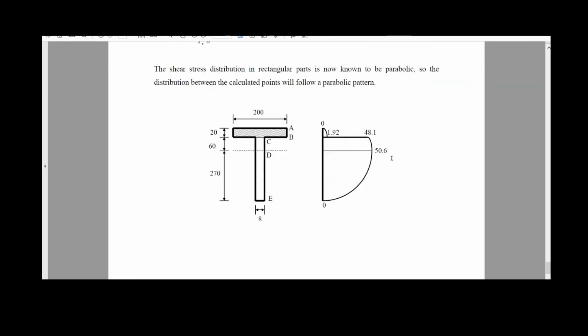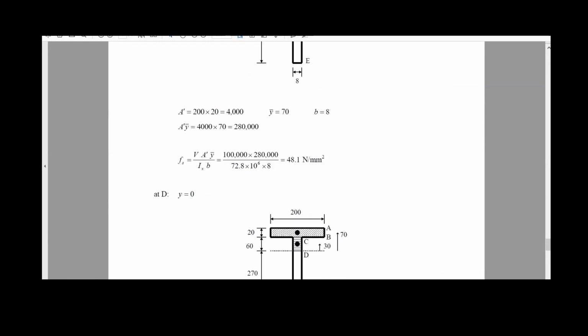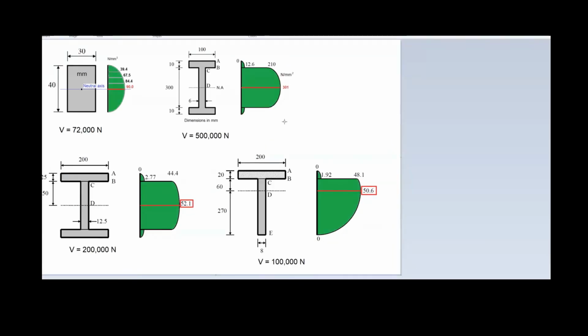So as we see, let's say, a resume of all these calculations, I will show here. I did a kind of resuming here for you to see the differences. And this is a good exercise to be sure that we are communicating the results properly. So when you have a rectangular cross section like this, remember that the value of our exercise in particular was 72,000 newtons. We have this parabolic distribution of the shear stresses, and it's continuous just because the B,